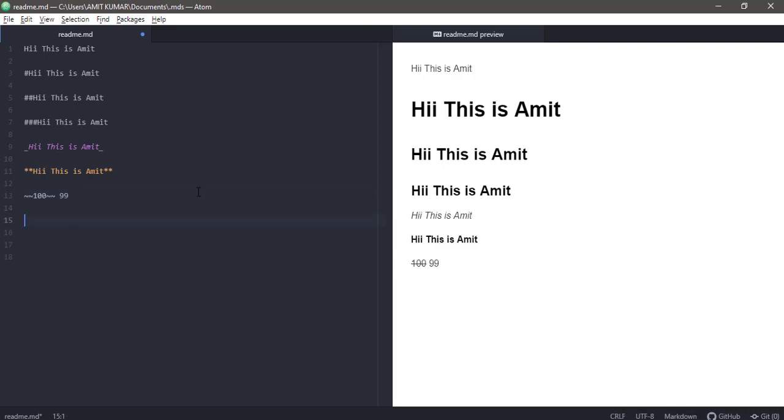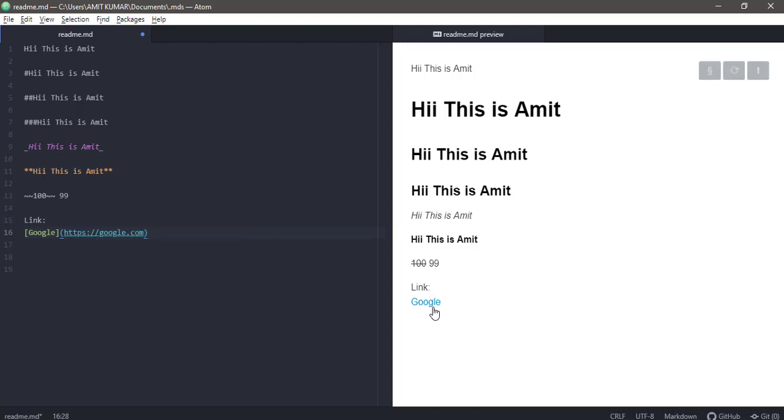Now if you want to add some links, suppose we have to add a link, and I'm giving it a title. For adding links, first you give a square bracket, and then a round bracket. In the square bracket you mention what kind of link you are providing. Suppose I'm providing it for Google, so here I write Google, and in the round bracket I provide https://google.com.